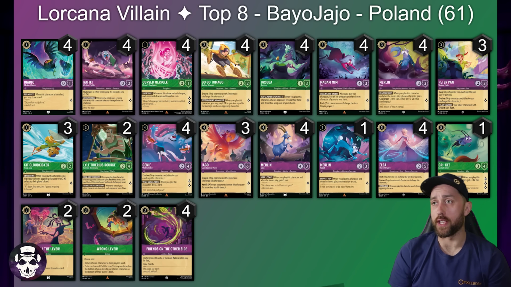But to look at the rest of the shell, we've got 4 genies, but we are seeing 1 rabbit in here, which I do like, 4 crabs, and 4 foxes, 4 Go-Go Tamago in here as well. Our 1-drops are Diablos, Rafikis, which the stats on Rafiki seem pretty important right now for things like Rhino, and of course 4 copies of Cursed Merfolk, pretty staple in the old school style Emerald Amethyst decks for being such